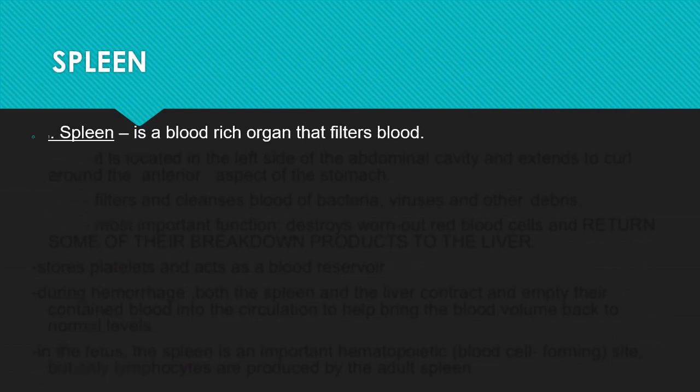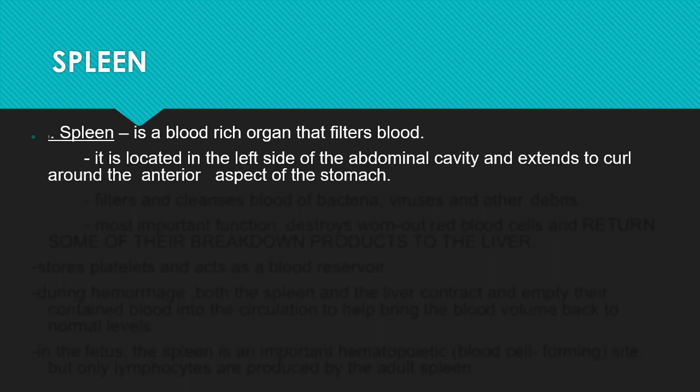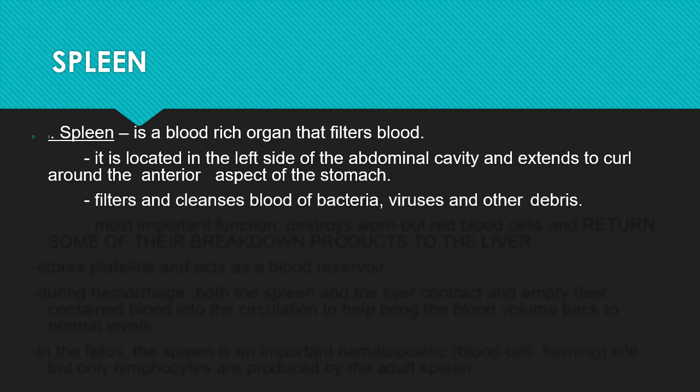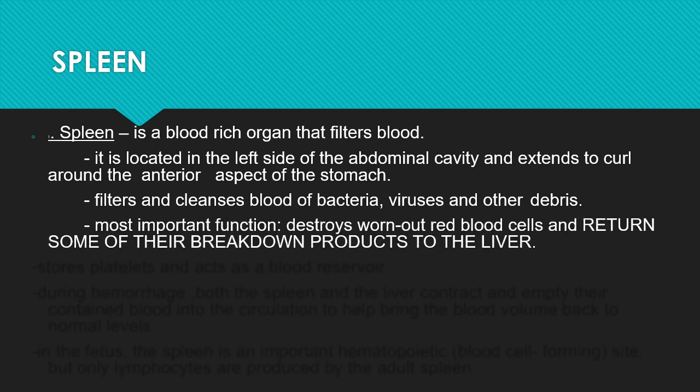The spleen is a blood-rich organ that filters the blood. It is located on the left side of the abdominal cavity and extends to curl around the anterior aspect of the stomach. It filters and cleanses blood of bacteria, viruses, and other debris. The most important function is to destroy worn-out red blood cells and return some of their breakdown products to the